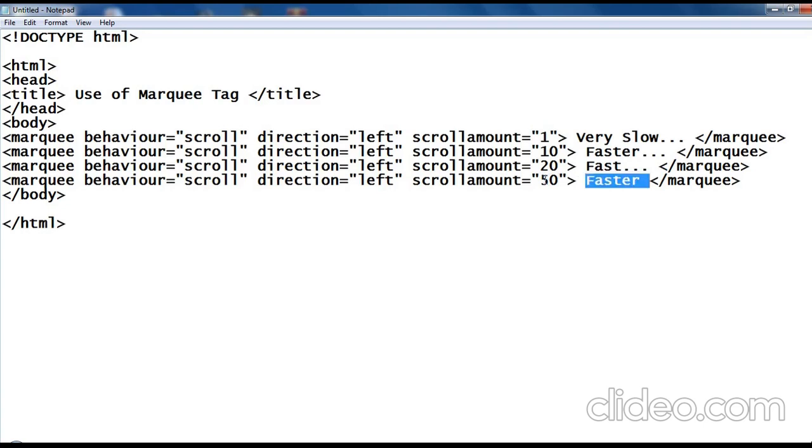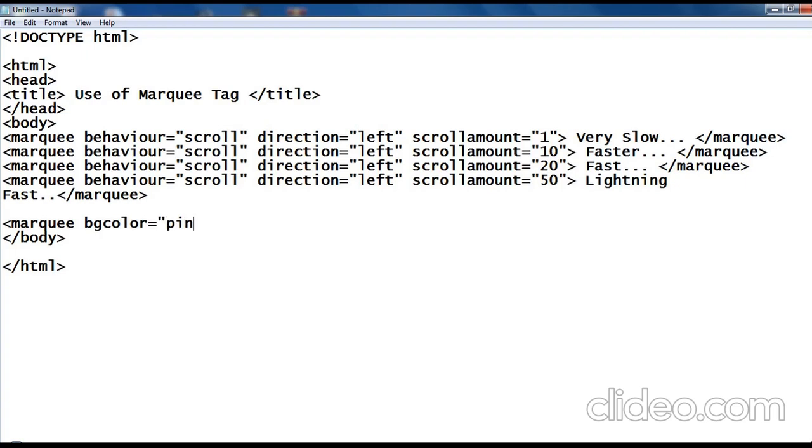I'd say it is lightning fast. So like this we have 4 lines, and in each line the scroll amount is varying. 1 is very slow, 10 is fast, 20 is faster, and 50 is lightning fast.